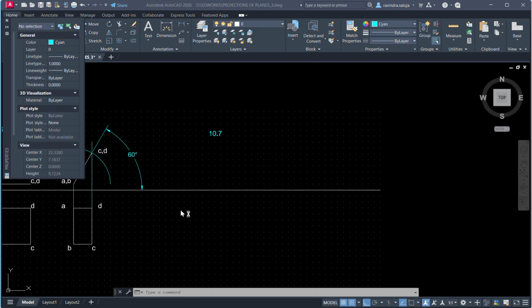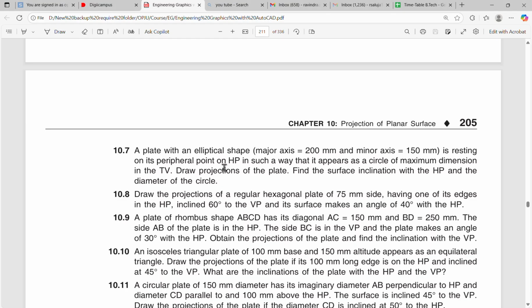So 10.7. Okay. So this is your statement. I think वो statement clear है. So that is elliptical shape is your initial view. You rotate it in such a way that the apparent shape will look like a circle with a maximum dimension. So first of all, you are going to create an ellipse and you are going to assume that it